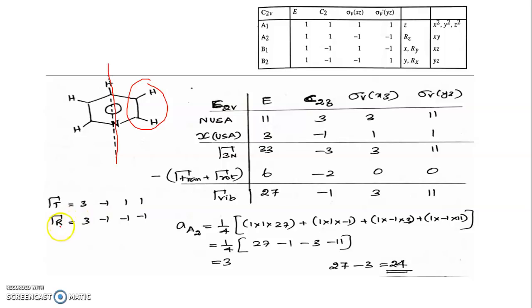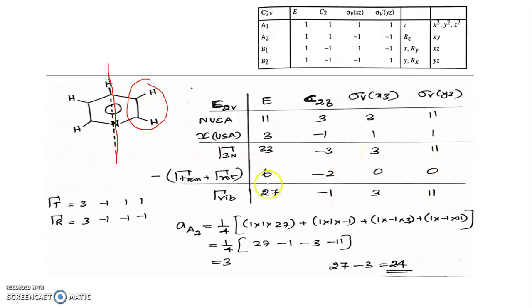Okay. Similarly, take the rotational characters Rx, Ry, Rz. See their characters and add these values. If you add these values, you will get this. Then add these two, you'll get 6, -2, 0, 0, right? Okay, this is the total rotation and translation coordinates. Subtract this from 3n. If you subtract, you'll get gamma vibration. So 33 minus 6 is 27, -3 minus -2 becomes -1, 3 minus 0 is 3, 11 minus 0 is 11.